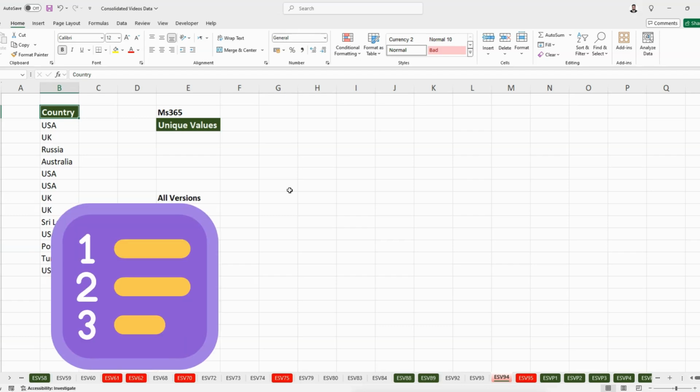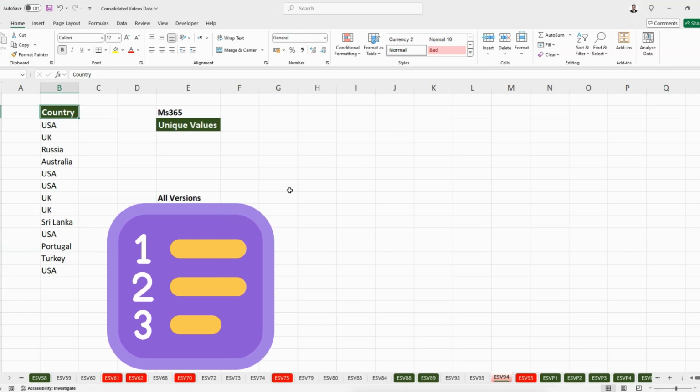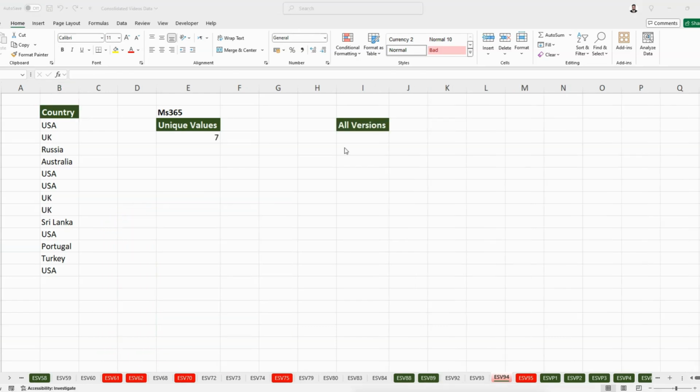Hello everyone. In this video we will learn how we can count unique values in our data. Let's check out the method which is available in all Excel versions. So I will use the COUNTIF formula, equal to